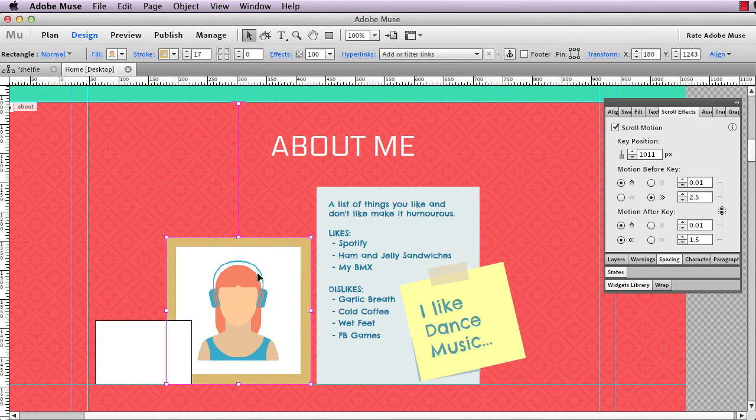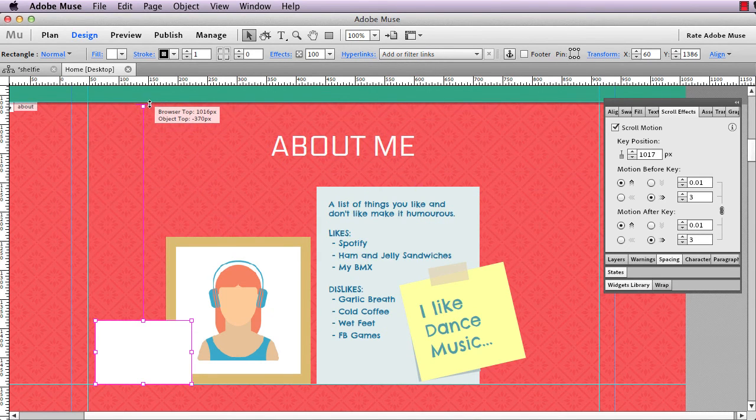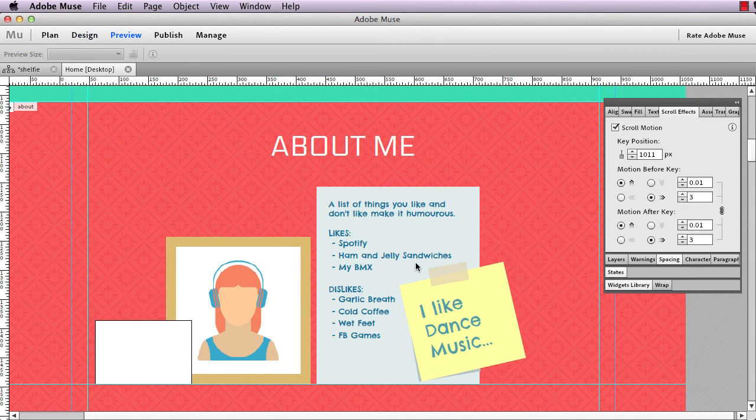Well, notice on this image we've got our key point. When the browser hits that point there, this should be in that position there. And the same with these other elements. So it's very easy. All we have to do is just drag that, and we've already put a guide there. So now if we take a preview of this,